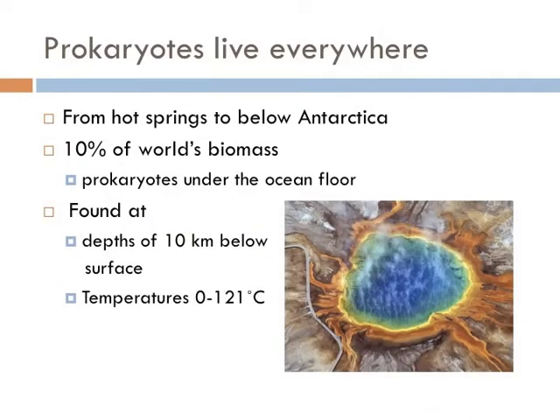Prokaryotes are everywhere. They live in the outer reaches of the atmosphere, inside our stomachs and boiling water, underneath glaciers of the North Pole, at the bottom of the deepest part of the ocean, and even miles below the Earth's surface. Even though they are super tiny, they are thought to make up over 10% of the world's biomass.